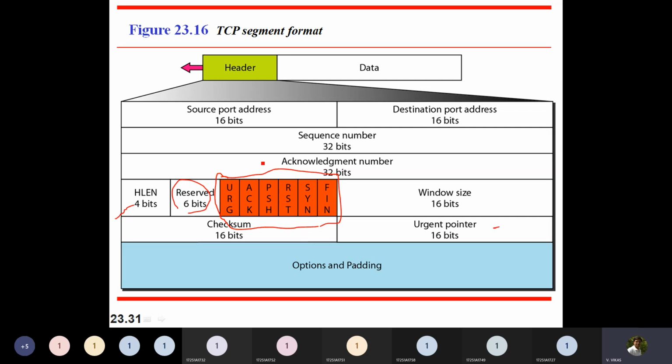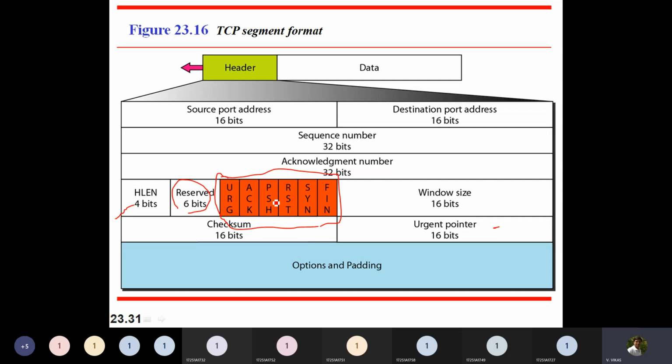When I consider these flags, if they are present, then the particular value will be 1. If I have some urgent data here, then URG will be 1. If this is an acknowledgement segment, then ACK will be 1.